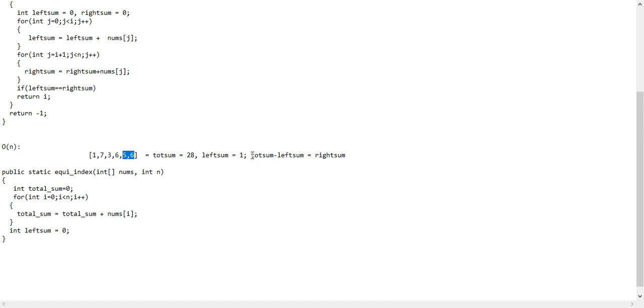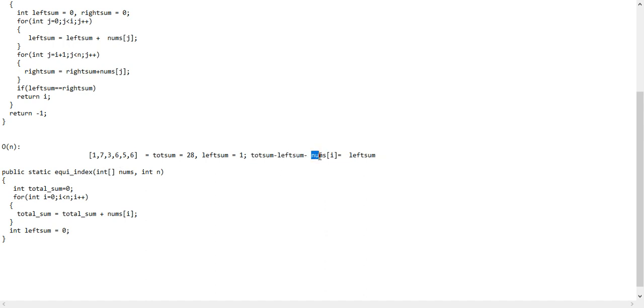But through this formula, we are just calculating the left sum and right sum. So to get the correct right sum, I have to minus the current element where I am, and this will give me the right sum. I'll explain this once more.